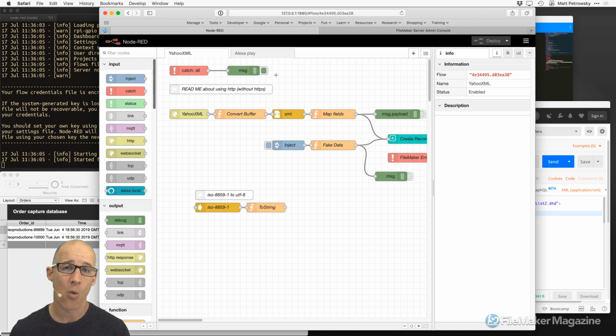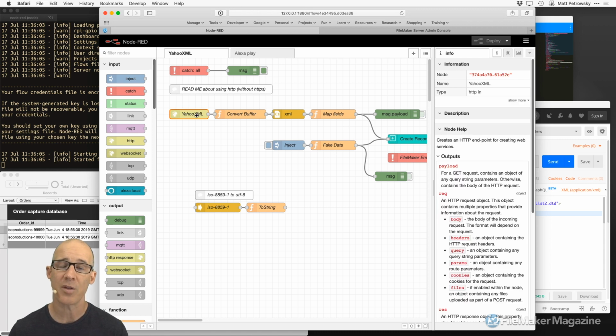Then there's also, within Node itself, setting up all of the specifics. How do you connect to your FileMaker database? How do you translate whatever's coming in, whether it's JSON or XML, and how do you make all of that happen? Now, all of these details would basically take multiple hours for me to